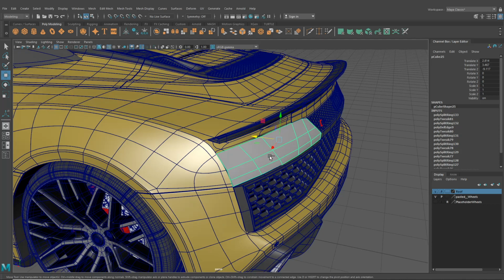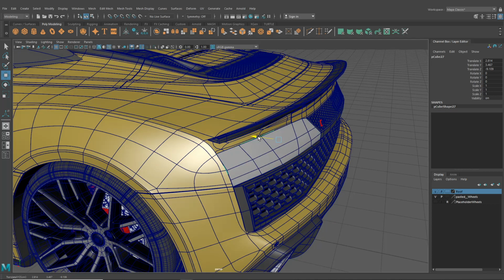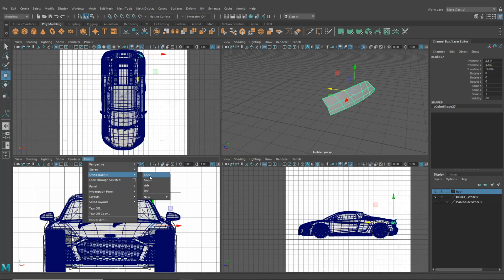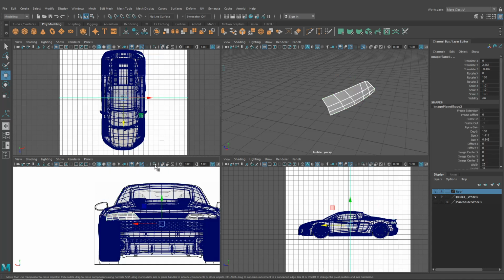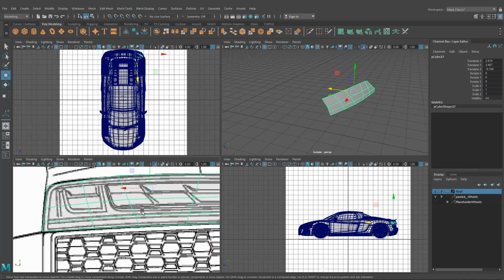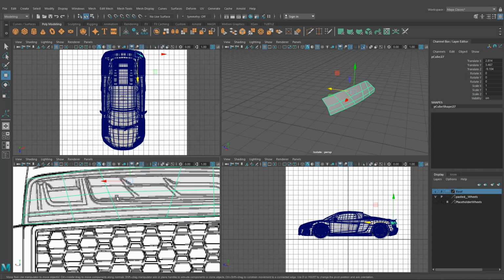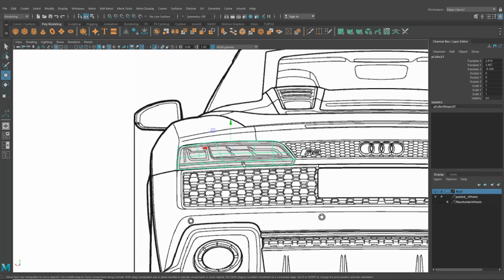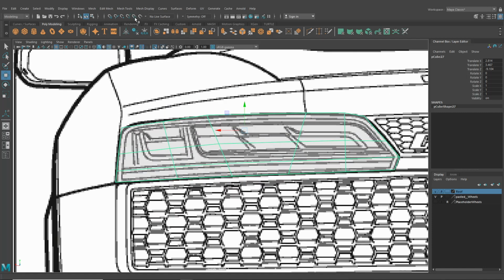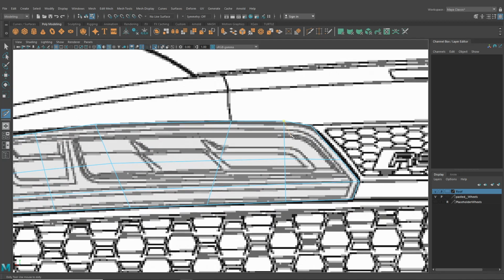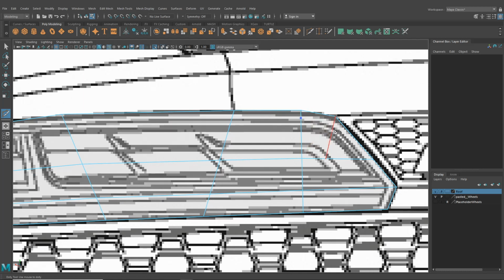So I'm going to hit Control D on our lights here, and I'm going to pull it in ever so slightly. And this is going to be the piece that we use. So let's go back, orthographic, back one. I'm going to grab this and isolate our selection there. From this, I'm going to draw on the mesh that we have, and I'm going to try and keep some of the existing stuff. So let's go with our multi-cut here, and I'm going to start by going diagonally here, because we're going to want to have